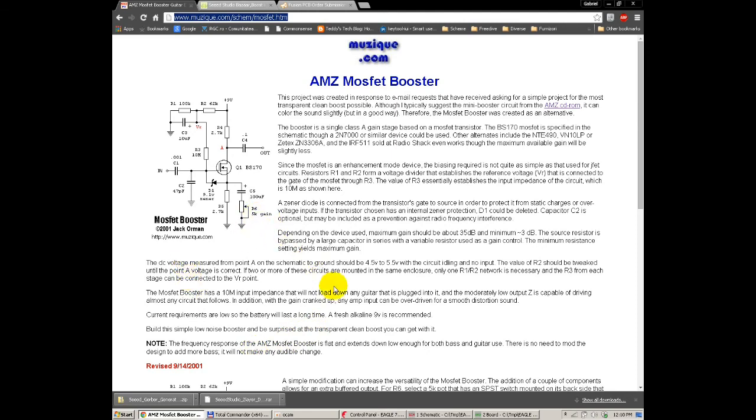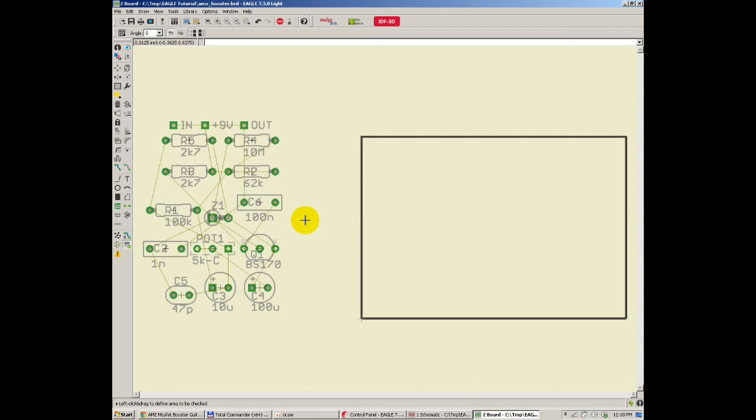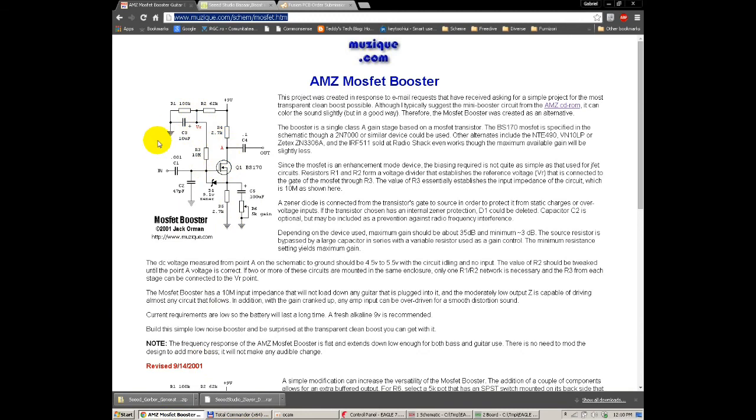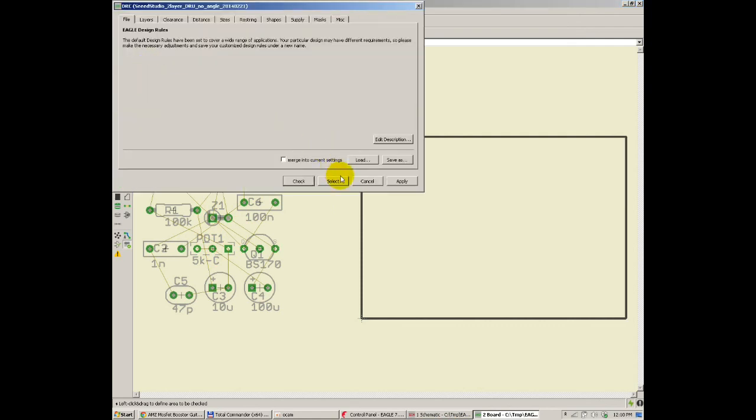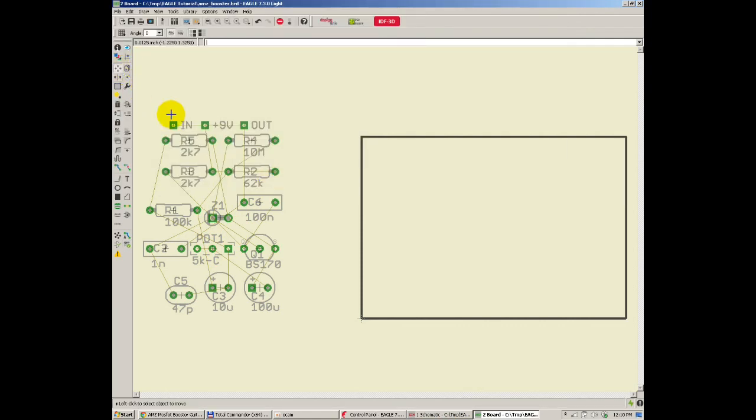It's something I was getting used to, and usually with a more complex design, I would recommend you to use more of a functional block approach. But this is a simple design, so we are going to go from left to right, from input to output. Okay, so the first thing you would like to do is use the move command and place